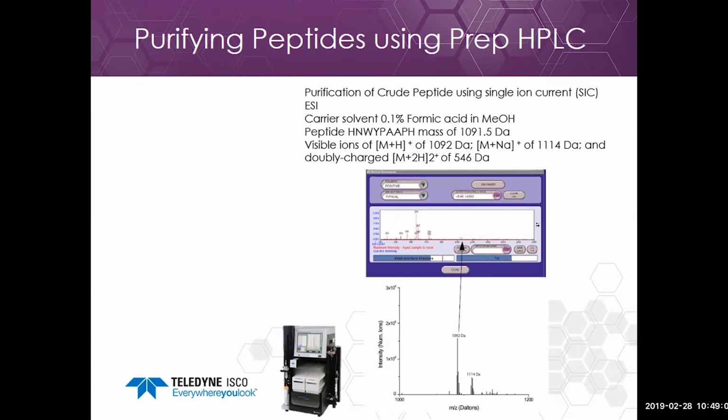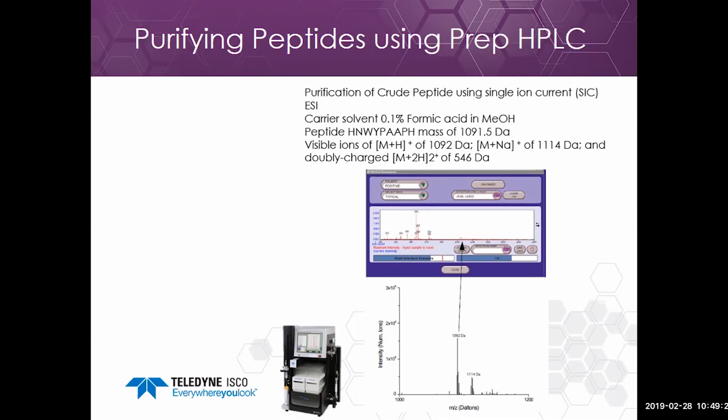The visible masses we see in the method development are the mass plus 1 at 1092 Daltons, the mass plus a sodium at 1,114 Daltons, and then the doubly charged mass of the peptide plus 2